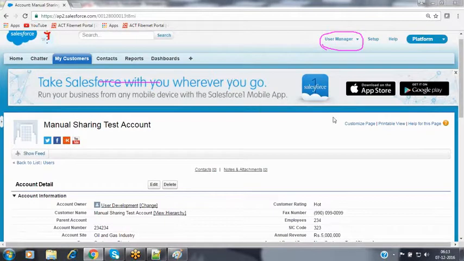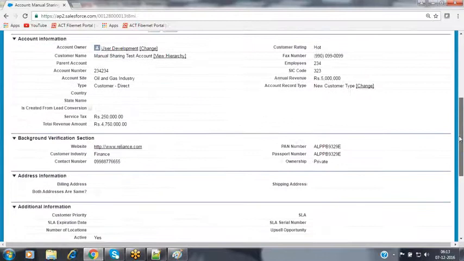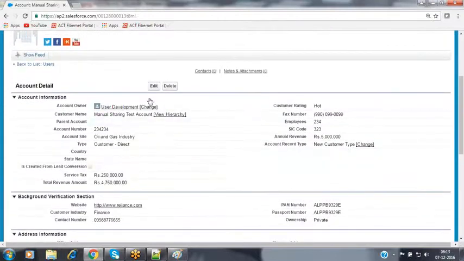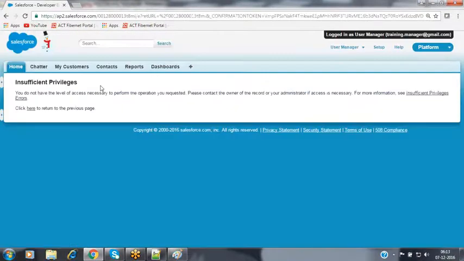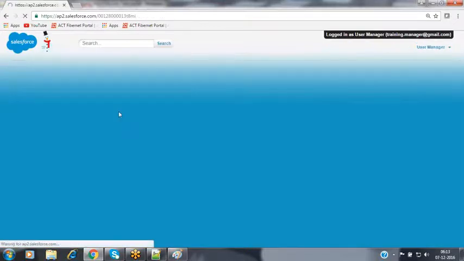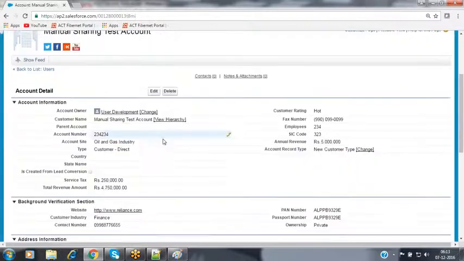Now what level of access is he having right now? Let's cross check that. So now this user is able to see my record here, and he tries performing some edit operation. When you click on edit, he will get the message insufficient privileges. Here I have granted read only permission to you, but you cannot modify my record, you cannot remove my record. When you click the link here, it automatically comes back to your user record.